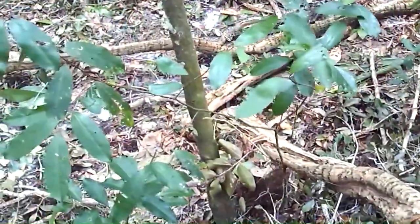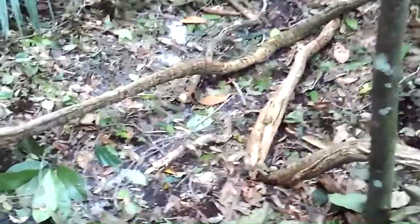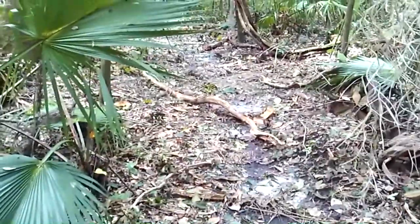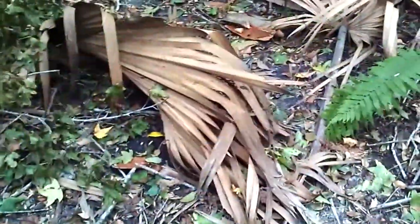Alright, here's a little snippet. I jumped from Wild Turkey up to Hoot Owl, and this is what the majority of the trail looks like, with all the branches and limbs that have fallen. Haven't found any trees yet, but I'm sure I will. Those who were fans of Hoot Owl, here's your first bridge. You can see the amount of trash that's on the trail,